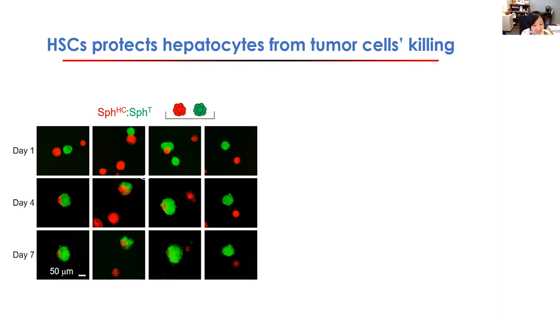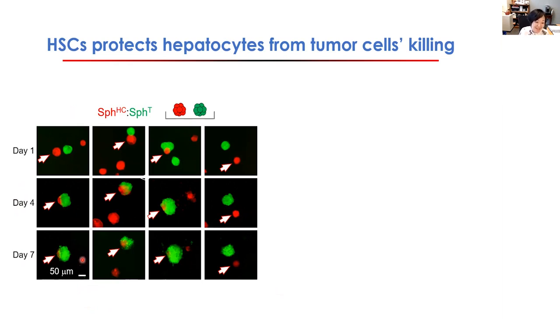So we wanted to visualize that even better. We put these different types of spheroids on a Matrigel coated plate. So basically, instead of in suspension, we put them relatively in an even plane, so we can visualize the interaction better. What I want to show you is these day 147 images from the same area, and I hope you notice how tumor cells actually crave hepatocytes. They move close to the hepatocytes very quickly, and then just eat them. Basically, I just like to use this word, eat.